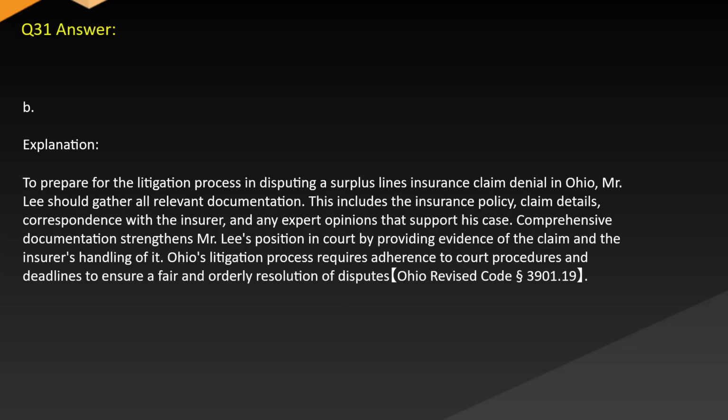Answer: B. Explanation. To prepare for the litigation process in disputing a surplus lines insurance claim denial in Ohio, Mr. Lee should gather all relevant documentation. This includes the insurance policy, claim details, correspondence with the insurer, and any expert opinions that support his case. Comprehensive documentation strengthens Mr. Lee's position in court by providing evidence of the claim and the insurer's handling of it. Ohio's litigation process requires adherence to court procedures and deadlines to ensure a fair and orderly resolution of disputes. Ohio Revised Code §